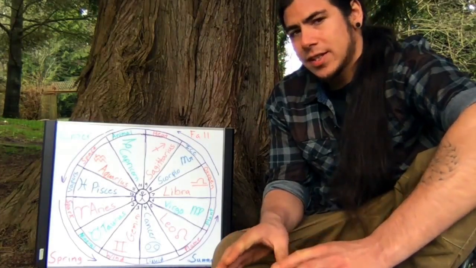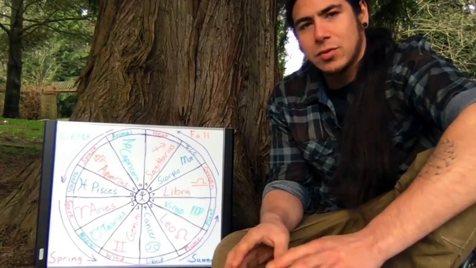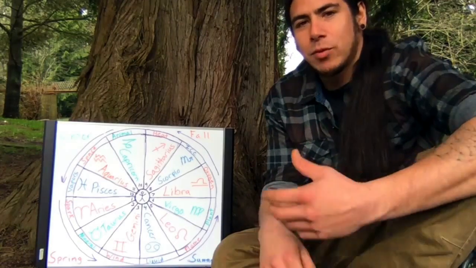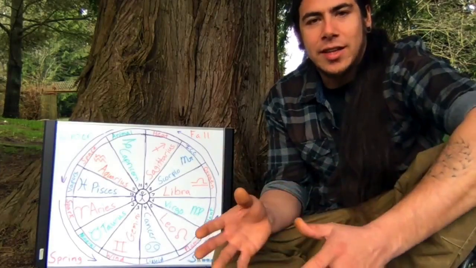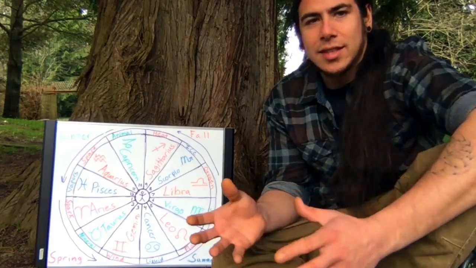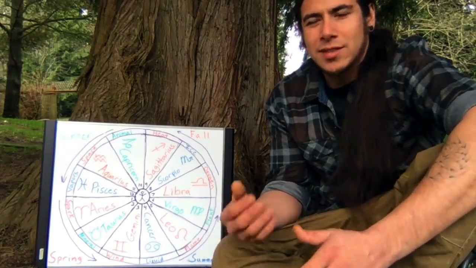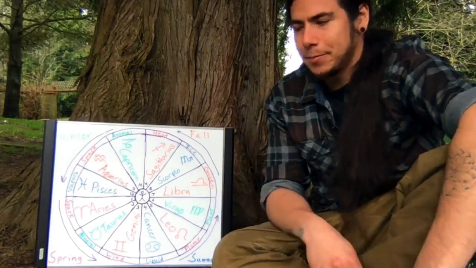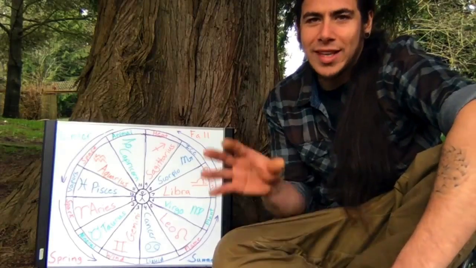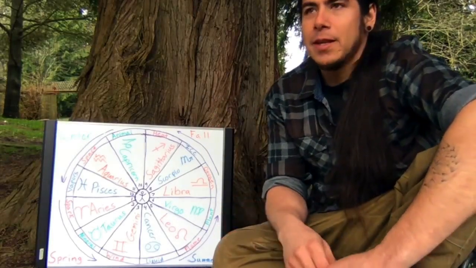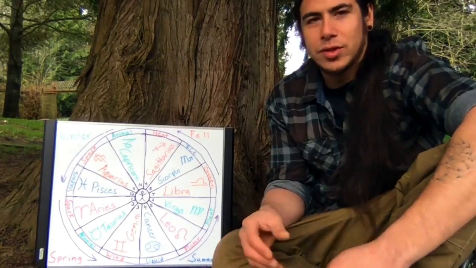So each sign, you've got to realize, each fire sign first, all the fire signs represent a type of awareness. It's what the fire does. It shines light onto things, and it's what brings things to light, and what we can be aware of. So it's a type of awareness, like our awareness is our own kind of fire. And then the earth signs are the container for that awareness, or what that light shines upon. So it's the body. The earth signs are all the bodies, the holders.